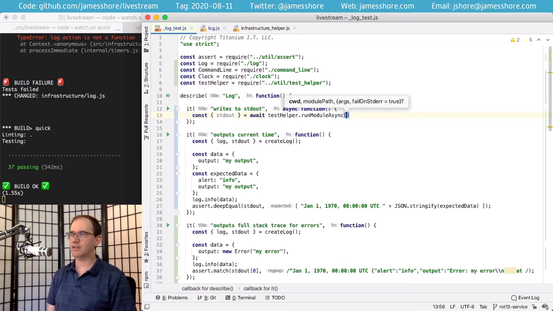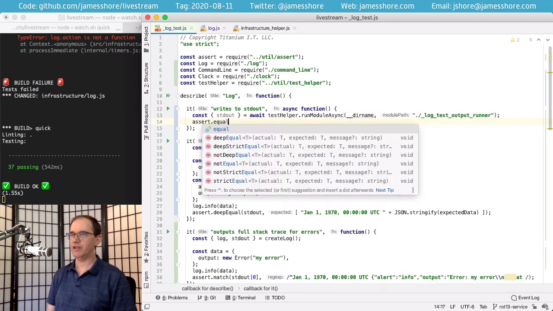And that takes the current working directory. And I think that's directory. I hope I got that right. Oh no, I think it's dir name. And then it's going to take a module name, which I'm going to call log test output runner.